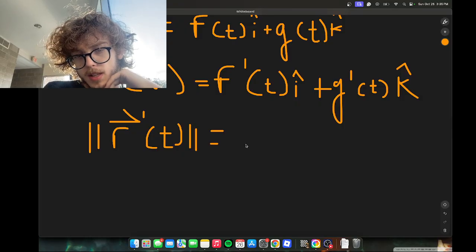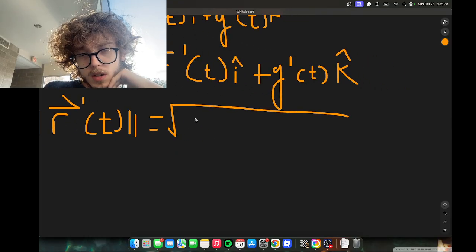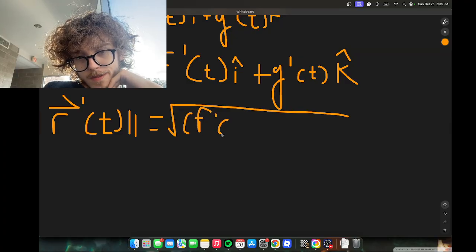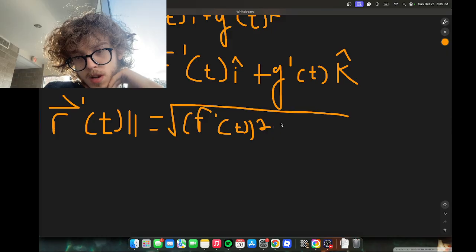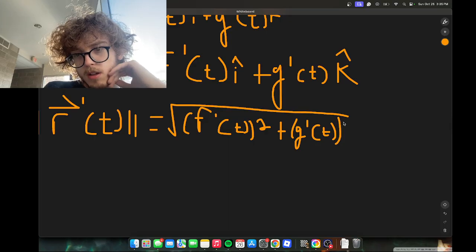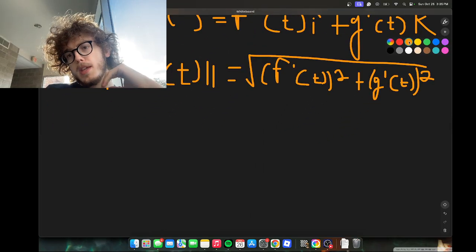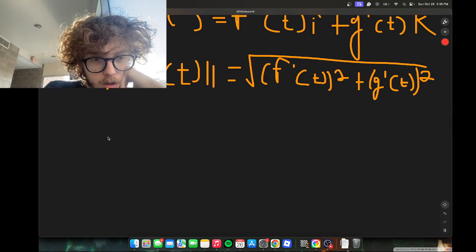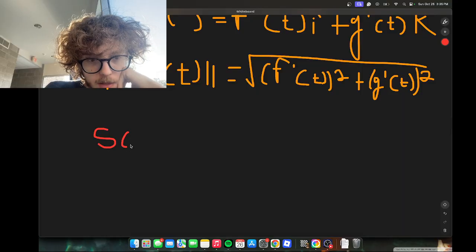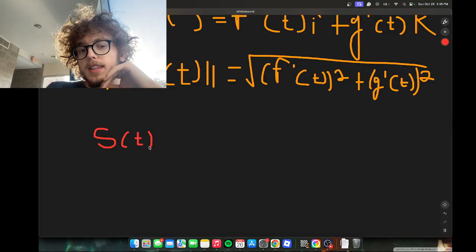So it looks something like this, right? And we take the square root, f prime of t squared plus g prime of t, and we'll square that too. So we know that the overall arc length, which we'll call s of t, being the function that gives us